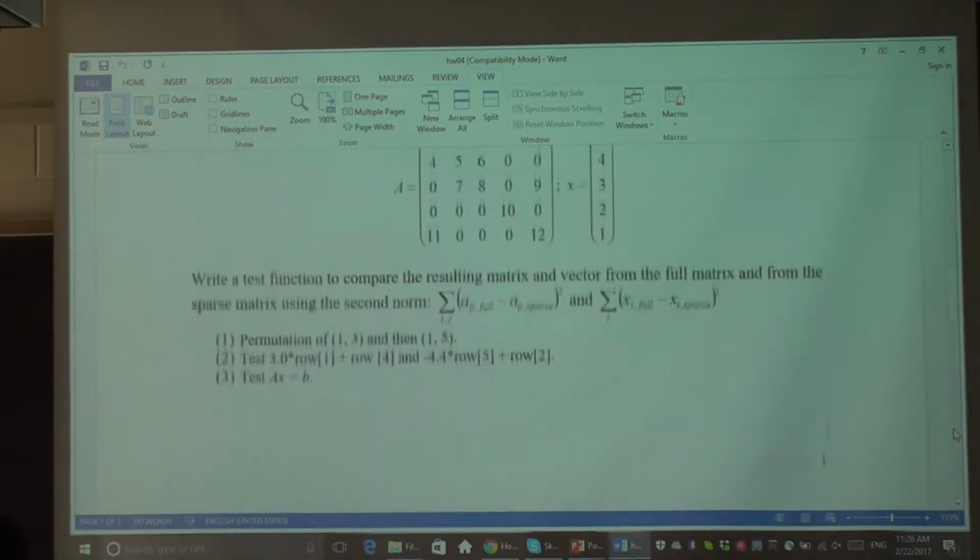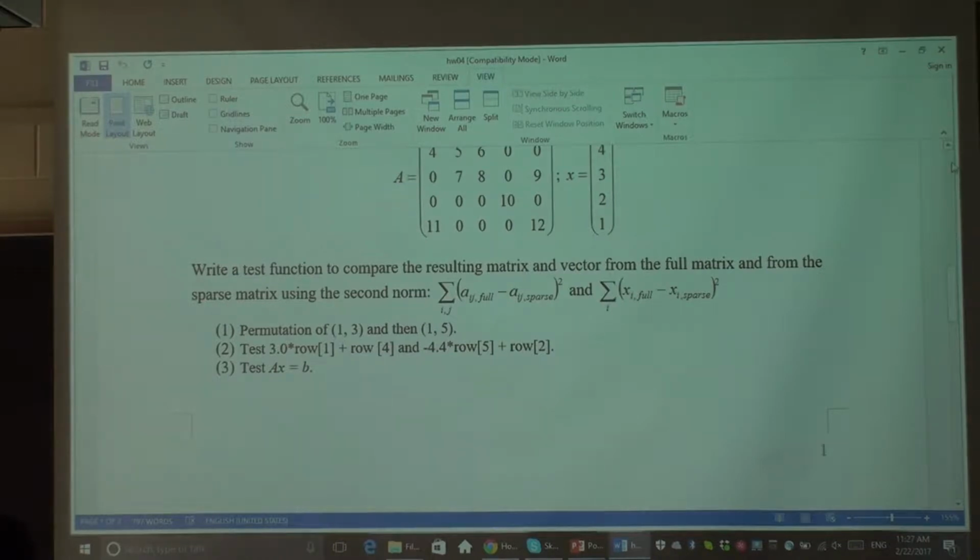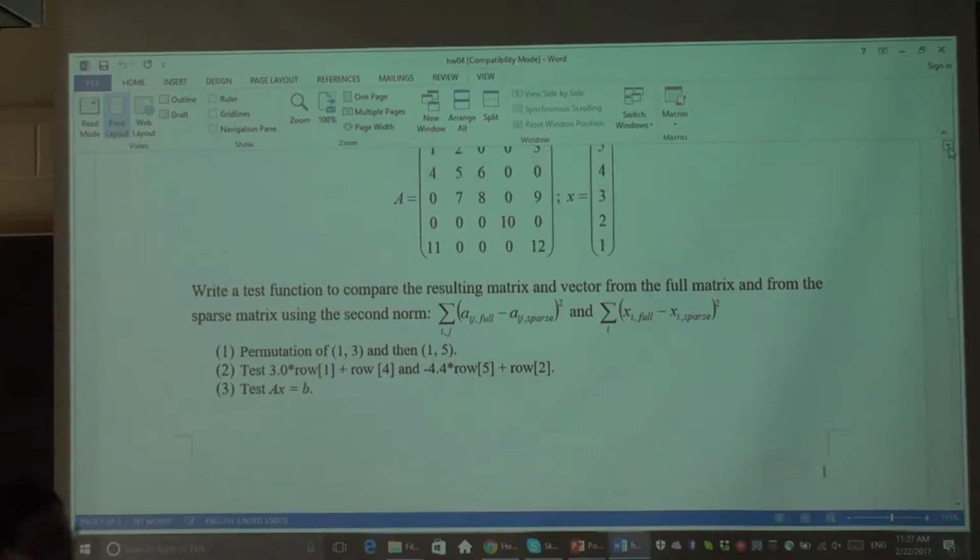So when you do these three operations on this matrix, I want the full matrix and the row compressed format, because they are just different in data structure. All the operations should be element by element exact. You may feel silly, but this is an important thing in proving that your implementation is correct.